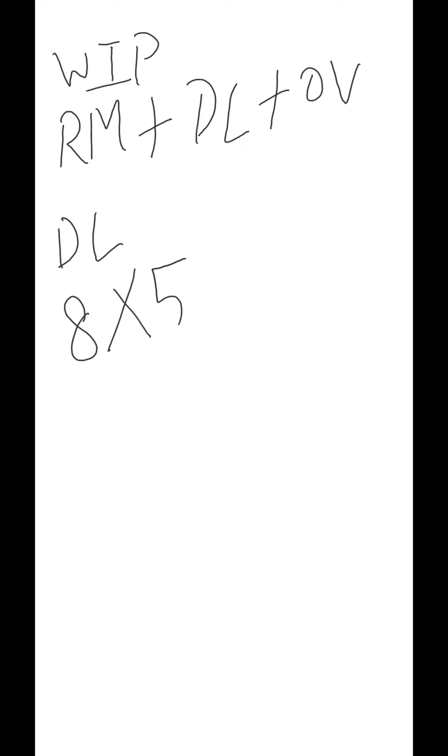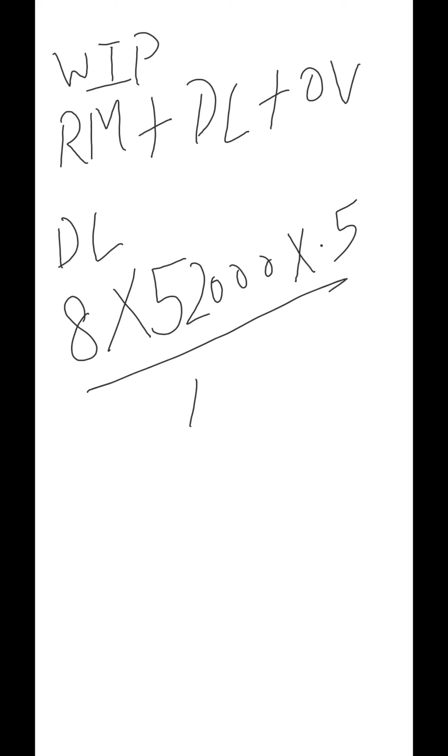Okay. Now, work in progress is basically the total of 3 things. Work in progress includes what? Your raw material that we have calculated, plus direct labor, plus overhead. Now, what is given for the direct labor? We will calculate the direct labor now. How much cost is given? 8. How many units are there? 52,000. And in the question, average work in progress is half a month, that is 0.5 divided by 12.